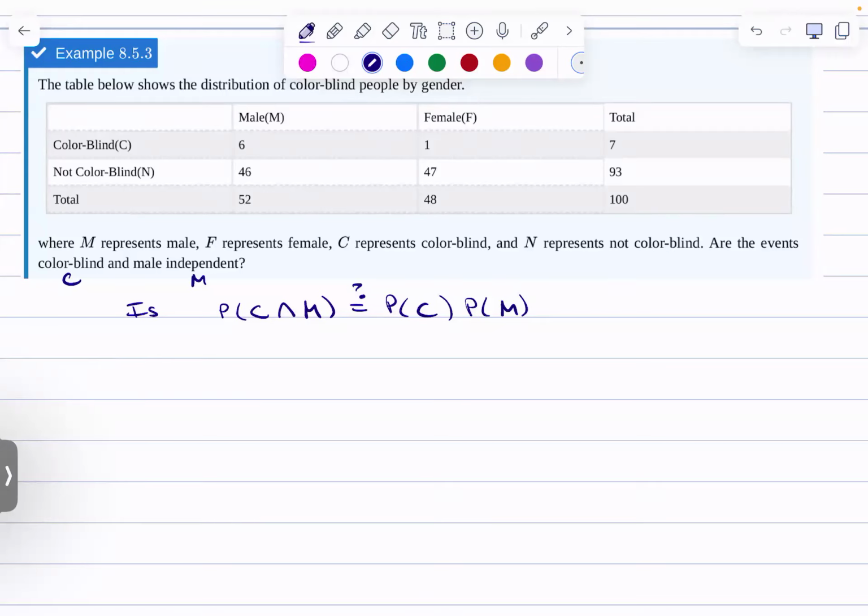Couldn't keep it together. M. Probability of C and M, is it equal to the probability of C times the probability of M? Which of course means that I need to grab those probabilities, but besides that,